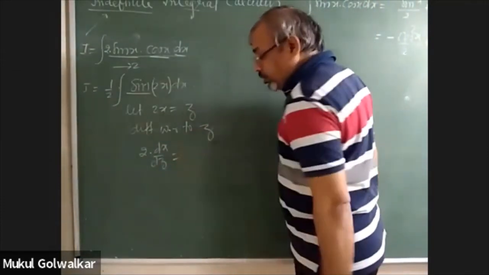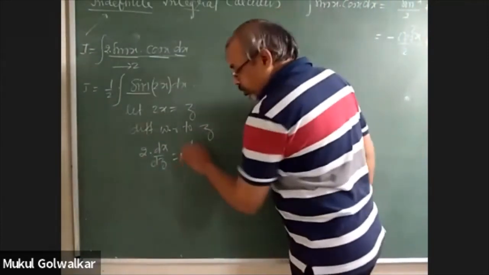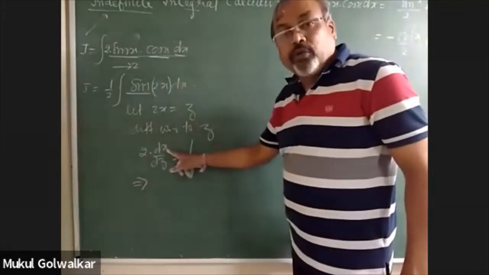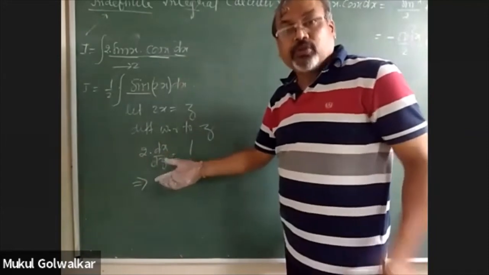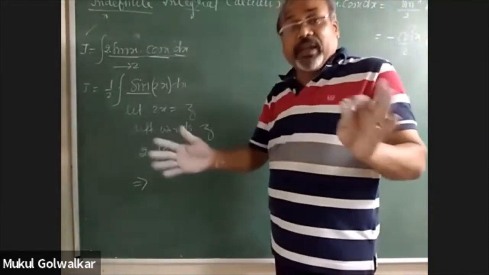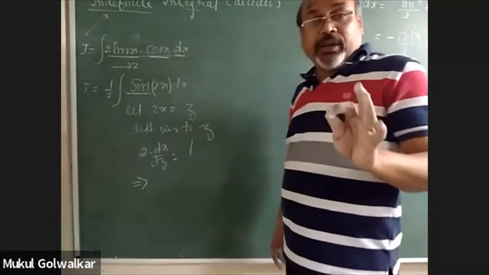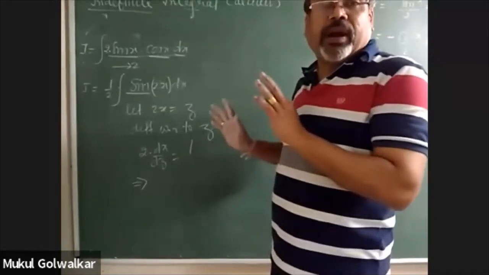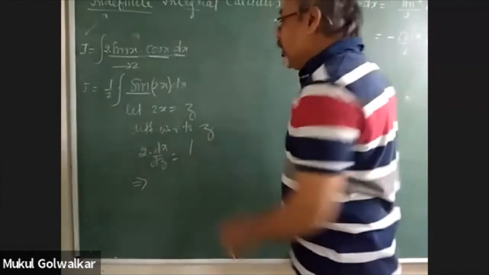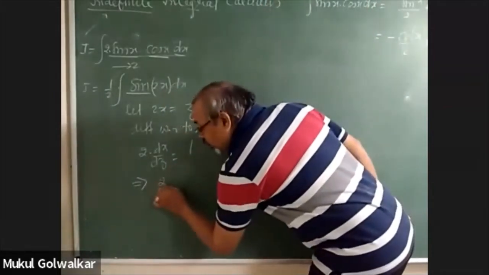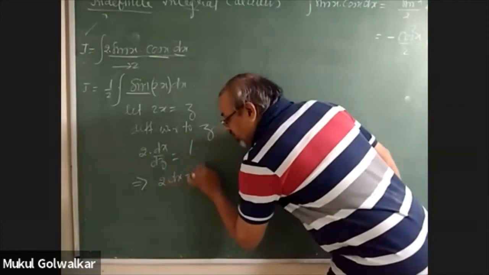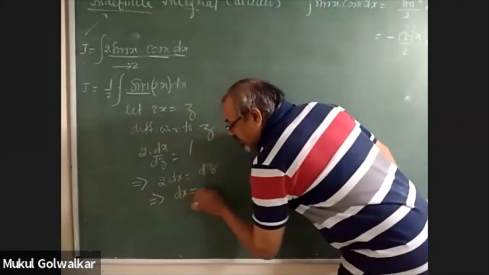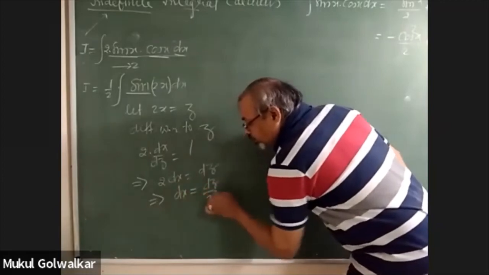What should I write? 1. Okay. And now, as I said, this is a combination of new variable and old variable both. So segregate or separate both the variables now. On one side you should be writing the quantity containing the old variable, and on the other side you should write down the quantity containing the new variable. So you can write that in the form of 2 times dx is equal to dz. And with the help of this, you get the value of dx is equal to dz upon 2.